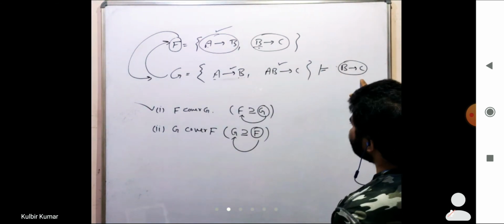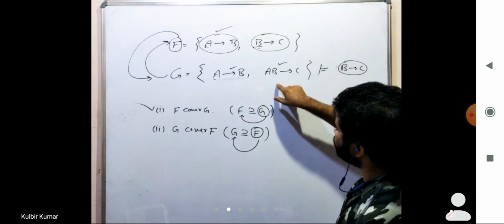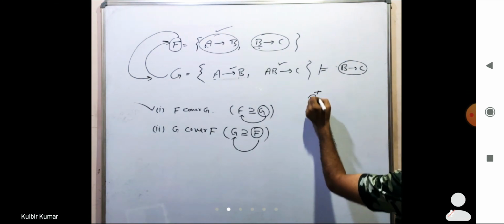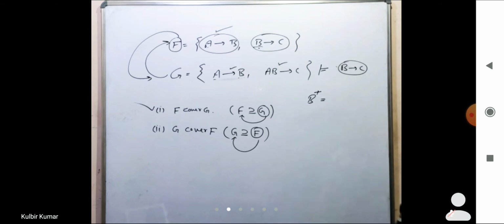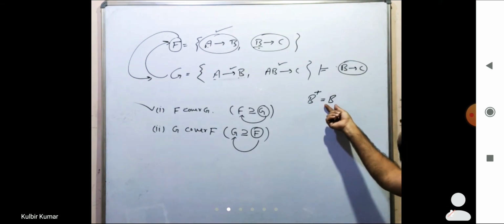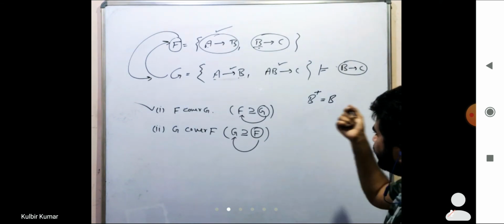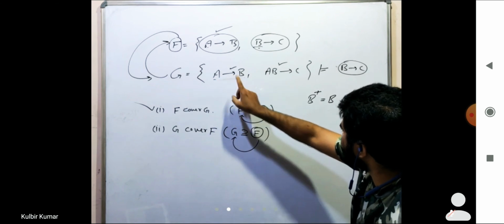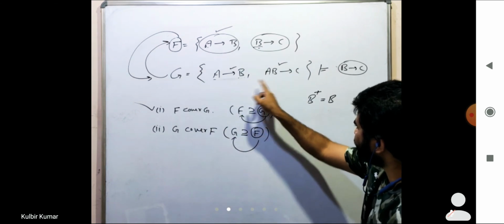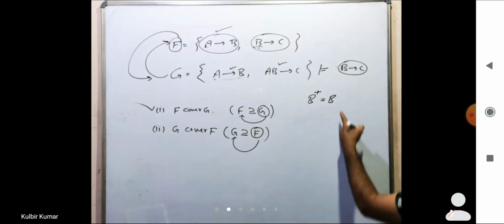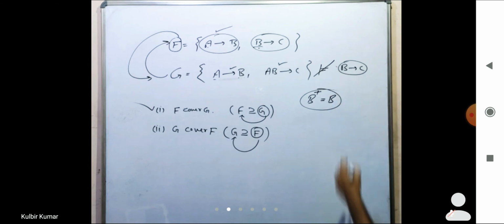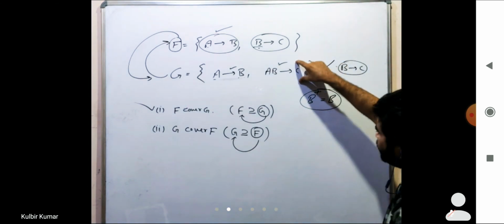So B goes to C, directly it doesn't seem that it is implying. So what will happen? In this case, I will take the closure of B. So here it is B closure. So B closure is what? B closure means B itself, and after that B can derive anything or not. Here A is deriving, here A and B are deriving, but B alone cannot derive, right? So we cannot derive C with the help of B. So finally what we can say, it is not implying. So B goes to C is not implying in this functional dependency set.